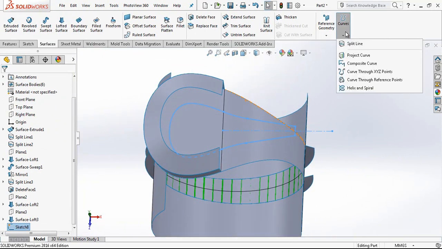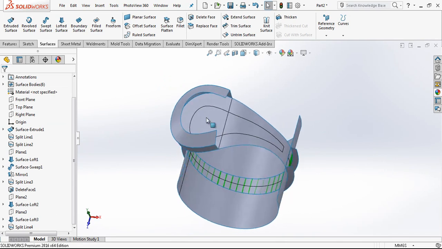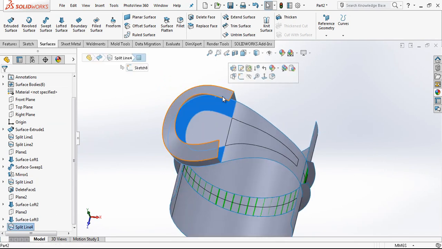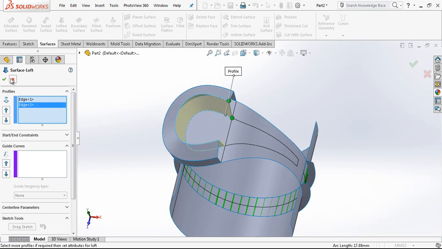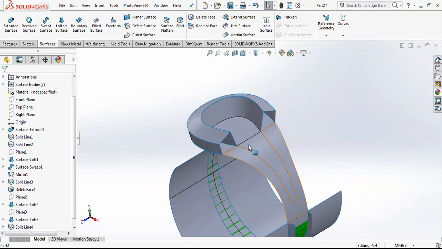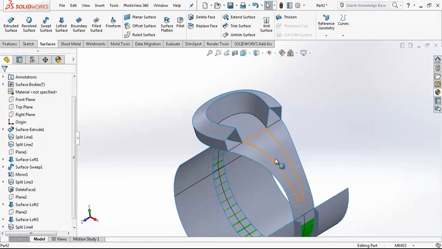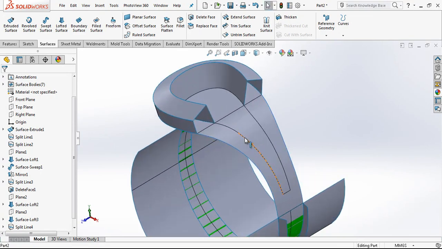And now with split line again we break our surface. Now I'm going to create here a loft again. As you see, we are step by step reaching our surface, and